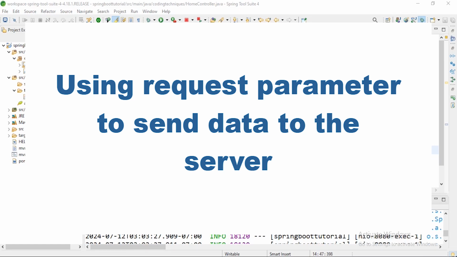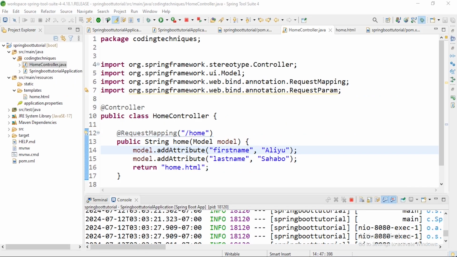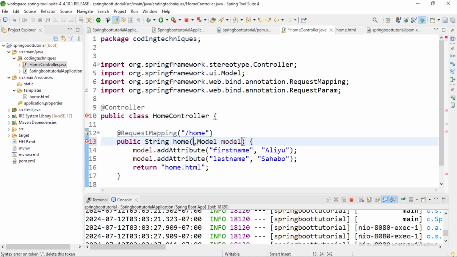Hi, in this video you will learn how to send data from client to the server using the request parameter. Okay, so here we need to add the annotation @RequestParam